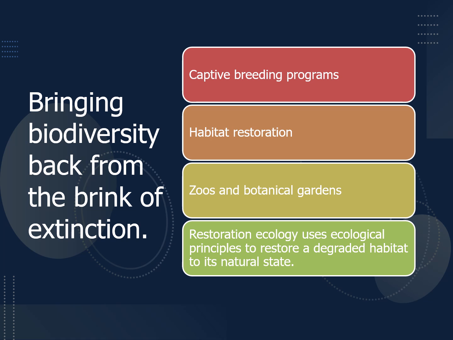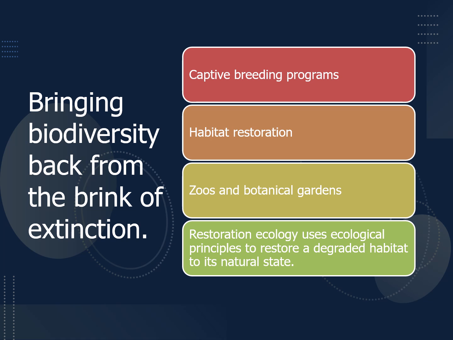Now, many of you went into a lot of conservation with your species in your papers, which I love. I think that's fantastic. A lot of it is easier said than done. So, how can we bring back a species that is on the brink of extinction? Captive breeding programs. A hot topic lately has been the polar bear at the St. Louis Zoo, Collie. He was sent to another zoo so that he could be part of the breeding program, and from what I've heard, things have been pretty successful and good for him.